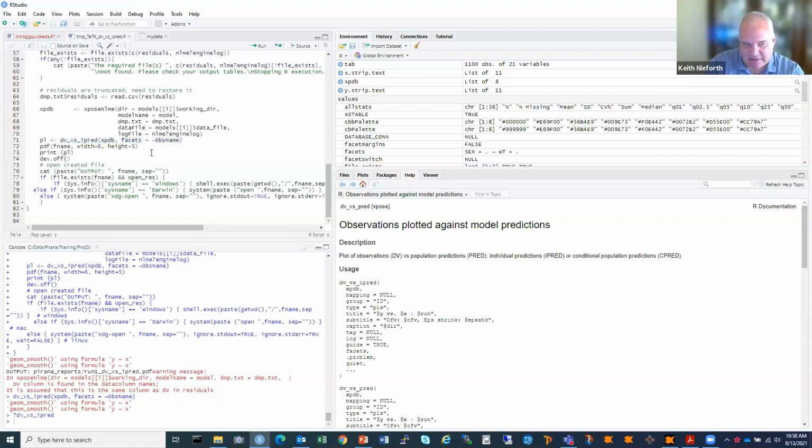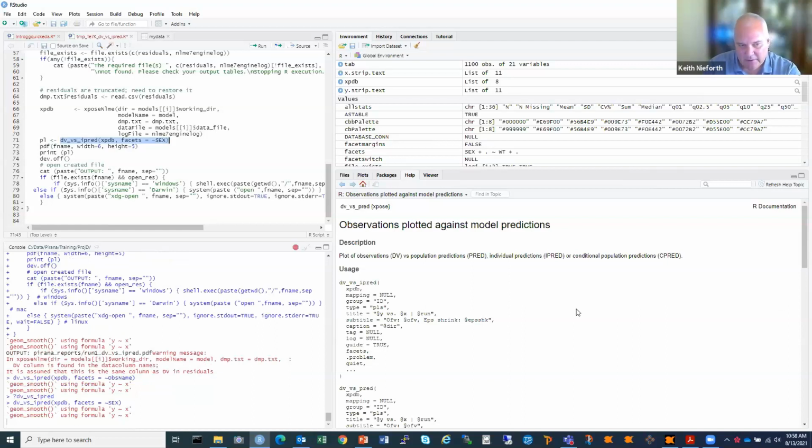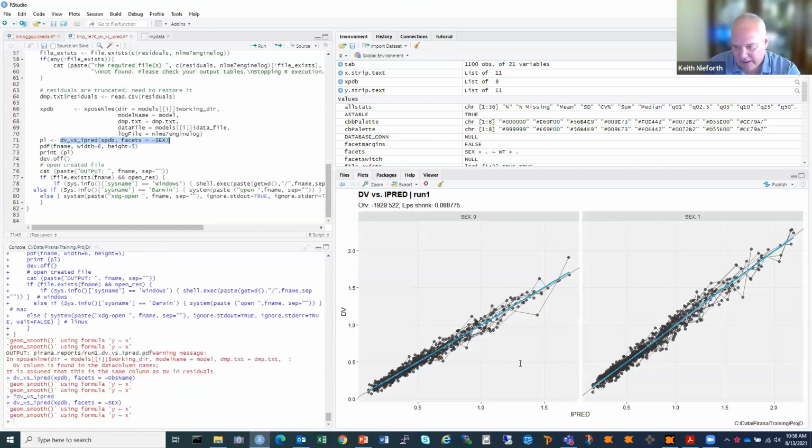So this is the built-in plot from Piranha. But what if you're interested in faceting this plot by sex? It's as simple as just modifying that. And then you can hit run. I'll go back to my plot. And you see now we have a plot faceted by gender. If we don't like the points,